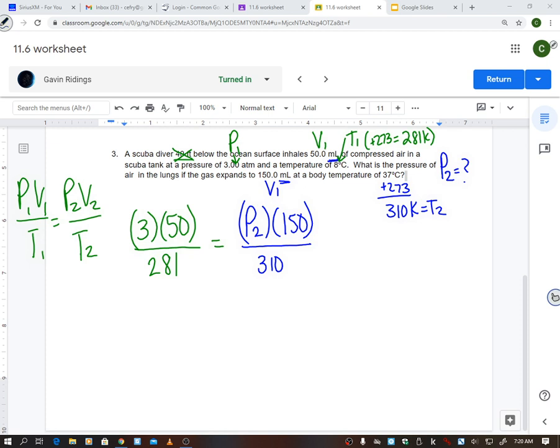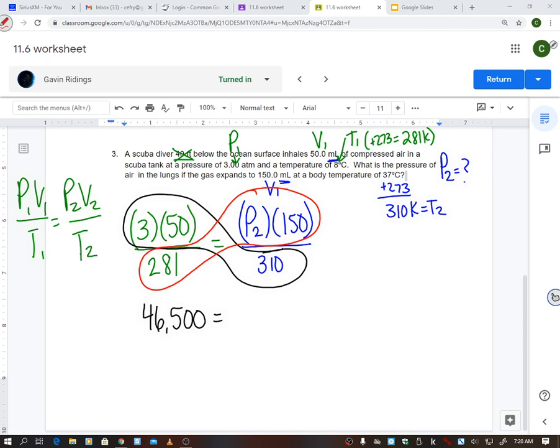All right, so now I'm going to cross multiply. I'm going to take these three right here and multiply. So 3 times 50 times 310 is 46,500. Then I'm going to take these three and multiply. So 281 times 150, and of course there's my P2. So this ends up being 42,150, and then of course I've got my pressure that I don't know. So then I'm going to divide each side by 42,150. So this cancels out, and it leaves my pressure at 1.1